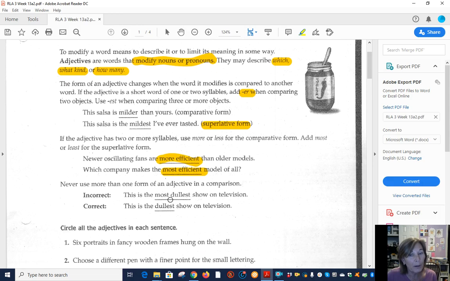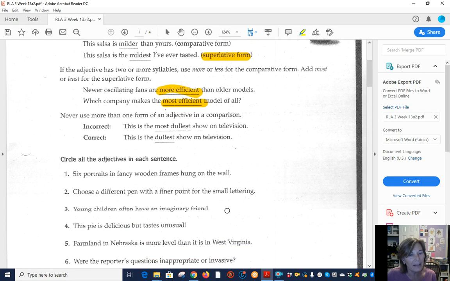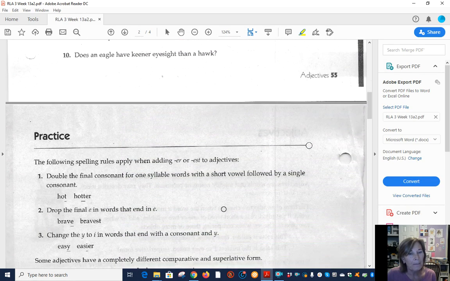And you never use both. So dullest is already in the superlative form, so you don't say most dullest. You would just say this is the dullest show. Okay, so find the adjectives in these sentences, and then